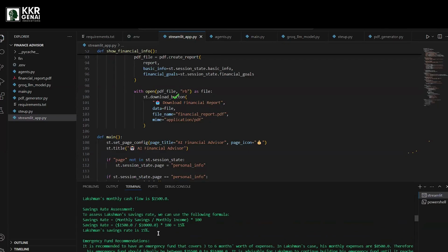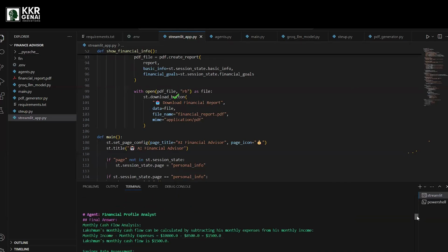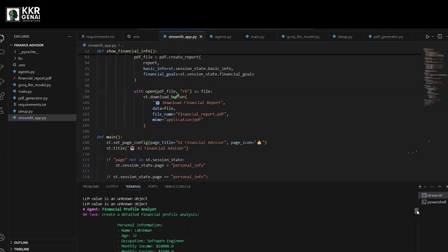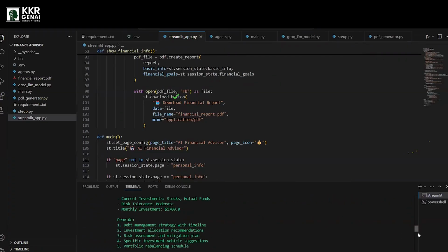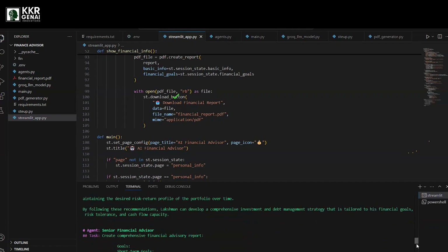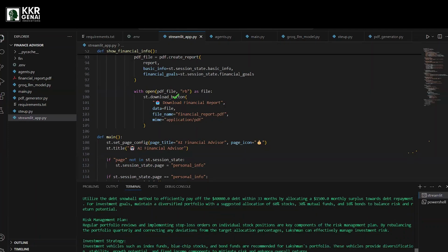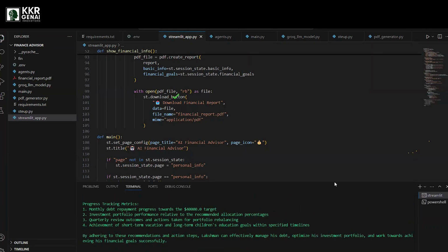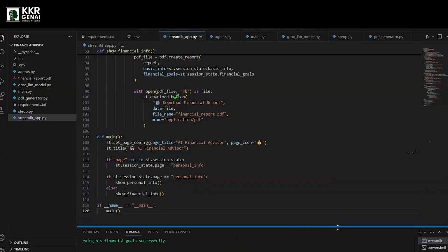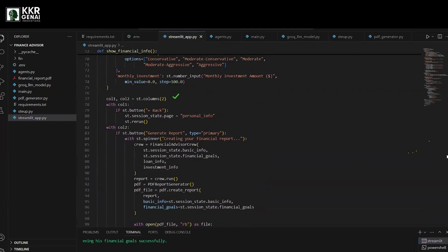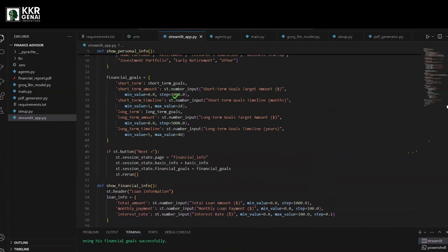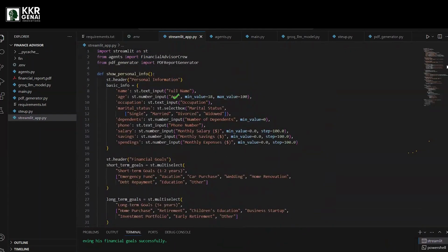See, there is a 15% saving rate, monthly cash inflow, outflow. This is all the detailed log, like the backend is working like this to make our things work effectively. As I told you previously, it is very easy for us to create multi-agent systems like this, which looks like a very high level thing.